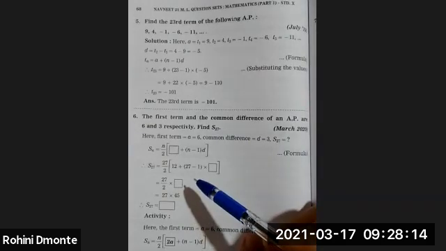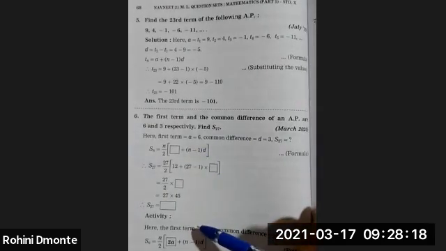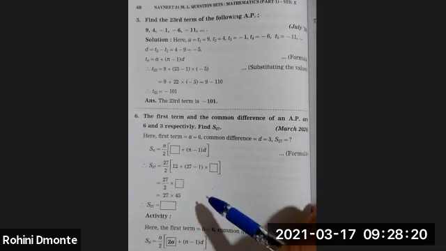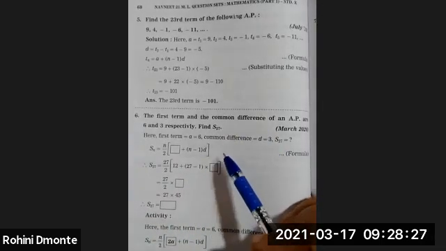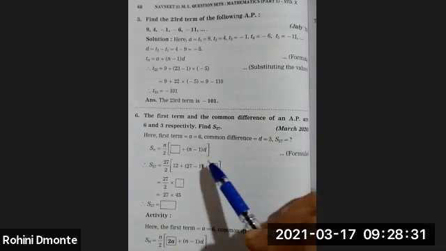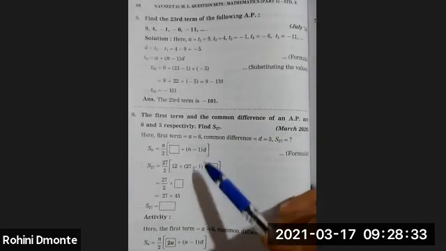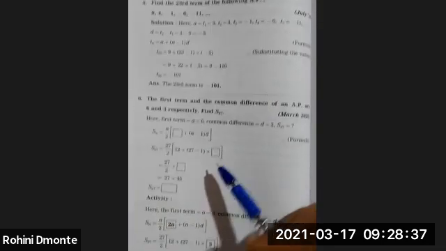Okay. See, when you are writing an activity, you have to write the activity as it is. Whatever steps are missing here, you have to write on the rough page. On the rough page, you have to write the steps which are missing. But the activity which is given over here, exactly in the same way you have to write. Okay, now let us do this.